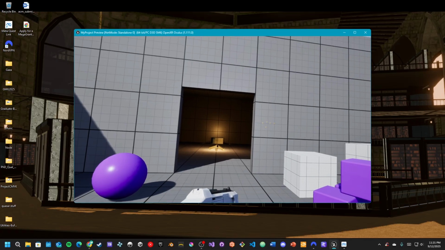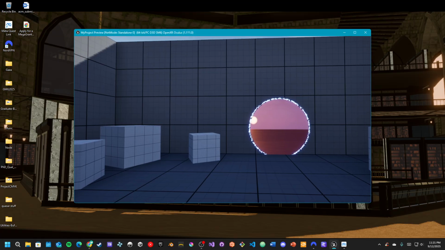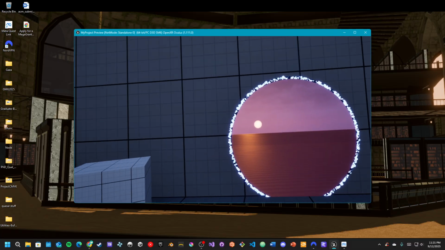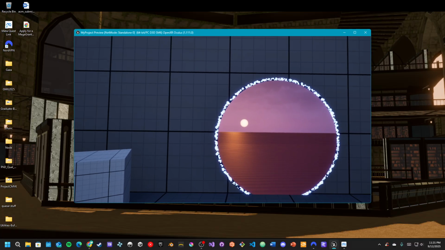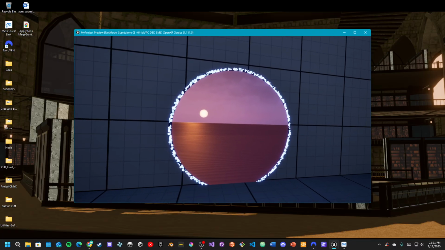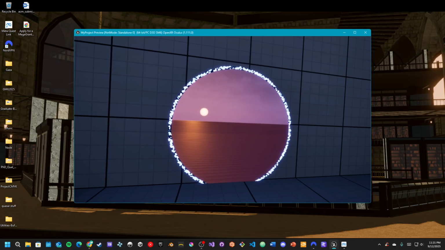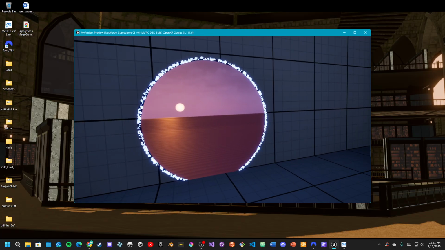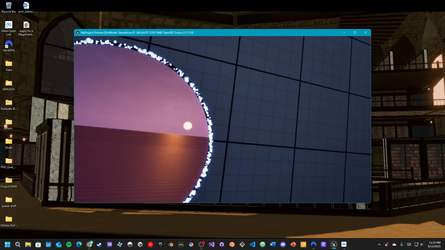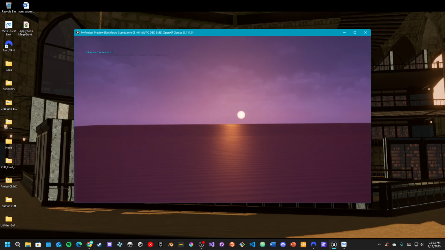Grab things, grab the gun, but what I did was I was just messing around with one of the first tutorials I ever did in Unreal, and we have this portal effect, which I'll show you how to do, a basic VFX kind of thing, a little sparkly outer line, which we'll cover in class in later weeks, but it's just part of it. And if I look around the portal, I can see it looks like another world. It's just a portal to a different level. So if I go up to it and go through it,